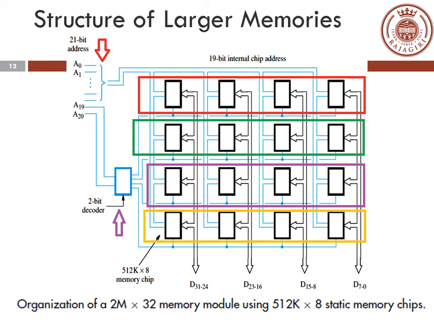Now using the higher order addresses A20 and A19, you will be selecting any one of the blocks, either the red or green or purple or yellow. So using that higher order address, you will be selecting any one row, and inside that particular row, the corresponding memory location will be selected. In that horizontal row, the first 512K memory, the second one, the third one, the fourth one, everything in a single row, all the data can be clubbed together. So altogether you will be having 32-bit data. This is how you make a large memory structure using the available memory chips.